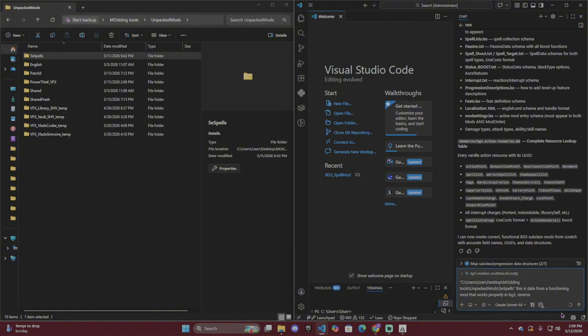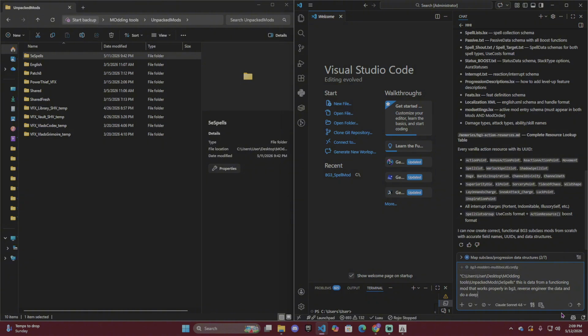Reverse engineer the data and do a deep dive so you can create spells and conditions,